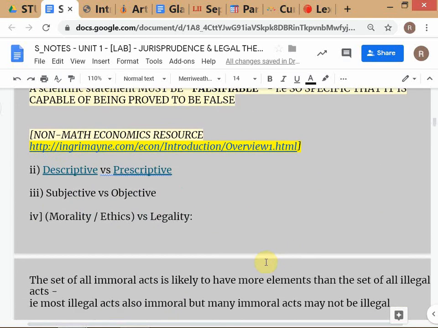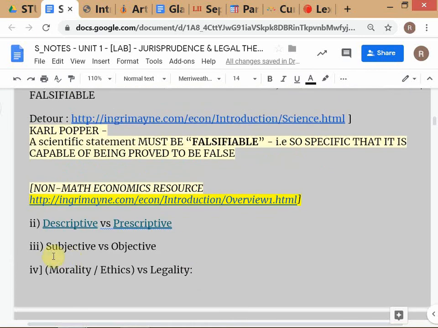We are discussing all these other distinctions also. It's all written here. Subjective versus objective is the easiest for you to understand. What is subjective and what is objective? If I give you an instruction saying that whenever it gets warm, switch on the AC, is that a subjective instruction or objective? Subjective. What is warm?